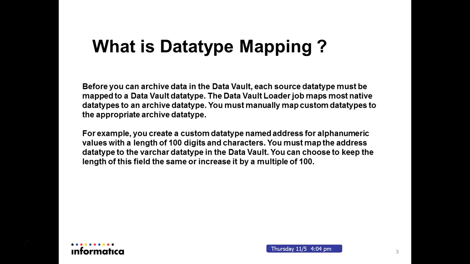I'll be showing a screenshot where the mappings are seen and how they can be manipulated in the next slide. So you have the option to manually map the data types to a custom archive data type. Ideally this is done in case of issues, and in cases when there is no data type mapping also. So the example I am suggesting here is we can create a custom data type named address for alphanumeric values of length 100, but this address ideally is not a standard data type that you expect in the databases. So while mining in the EDM, the data type might come up as address itself,